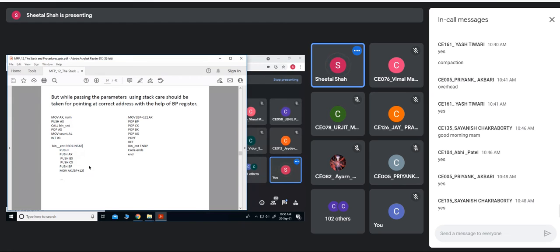Followed? Then what I want is that none of the register values should be changed while we come back from the procedure to the main program. So to retain those register values as well as the status of the flags, I am pushing them into the stack. Okay, so PUSHF. The current status of the flags would be pushed onto the stack.